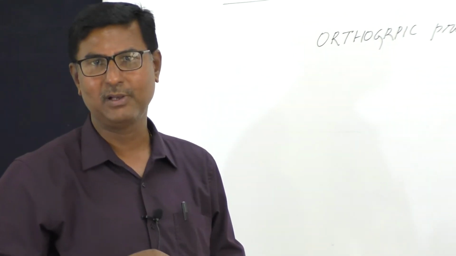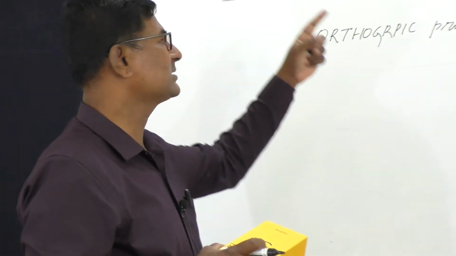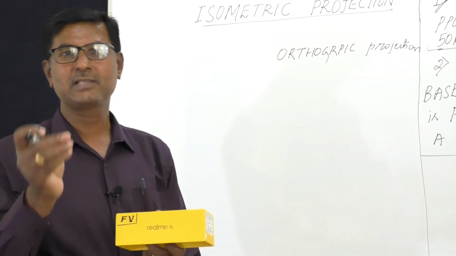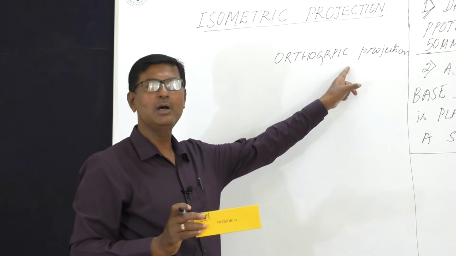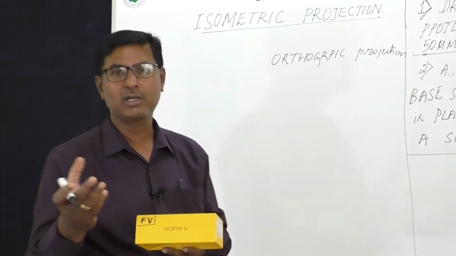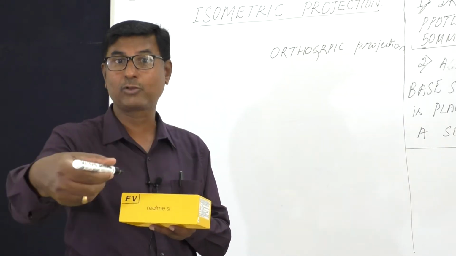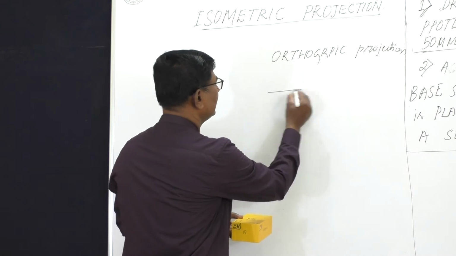Let me take an example. You take a small box. I'll show you. In order to make you understand isometric projection, I take this example. You take this box. I am asking you to draw the front view, top view and side view in orthographic projection. See what the observer will do. He will fix his eye in this direction, orthogonally, in order to draw the front view. See, I'll write here. This is the front view.